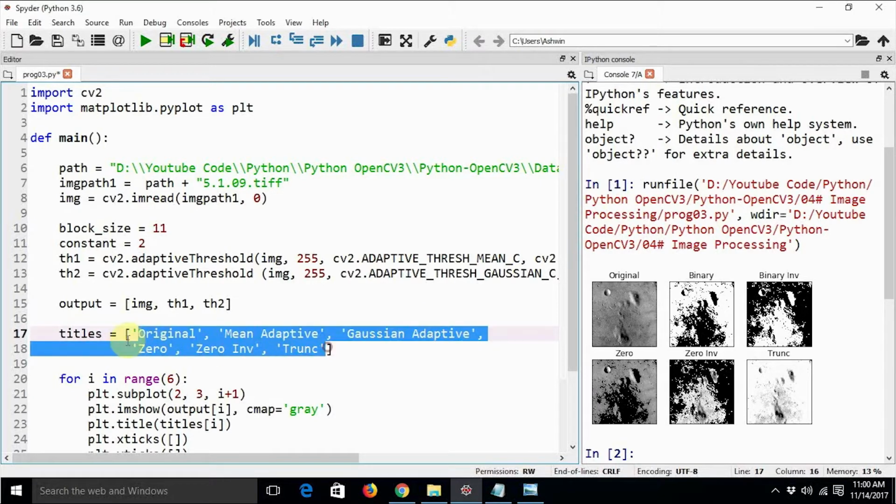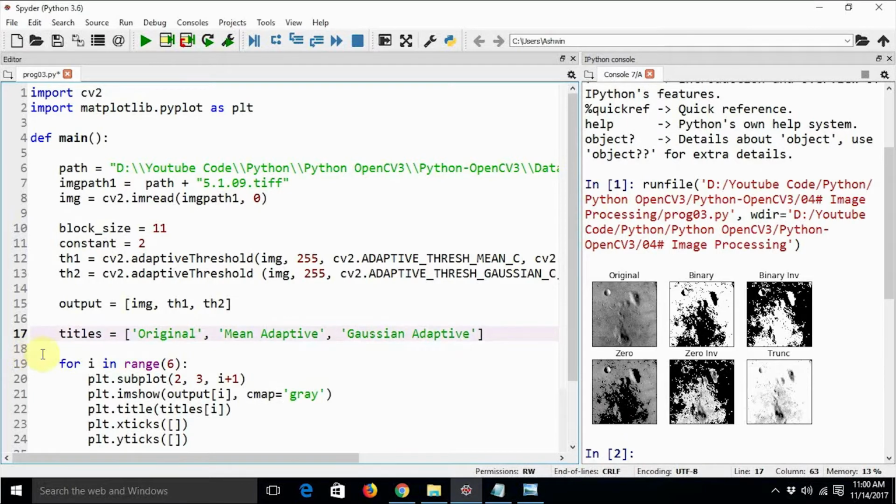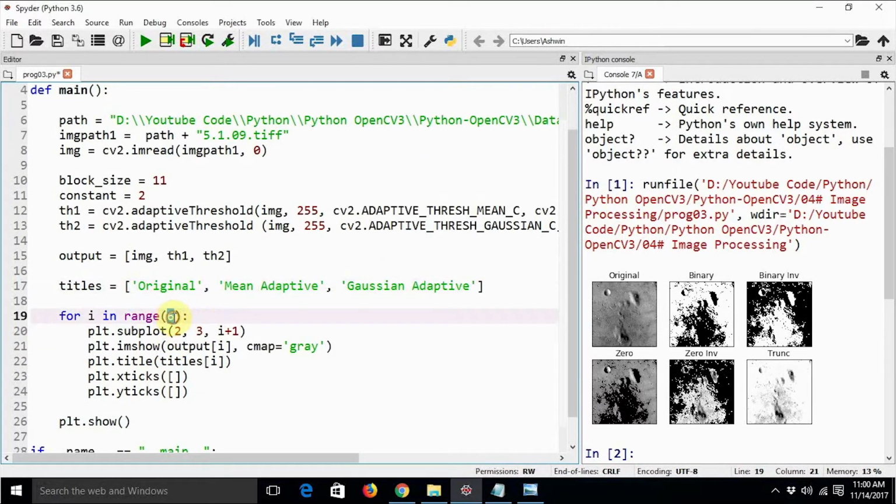Let me close this set of titles like this, and it has to be 3 and 1, 3, and grayscale is good enough. Yes, so the code seems correct.